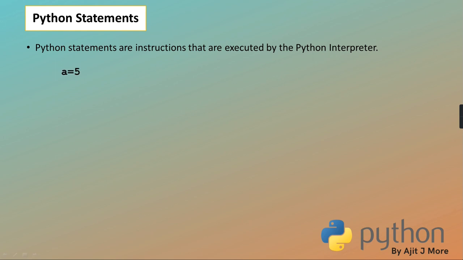Getting? Then this is a simple statement, a equal to 5. Okay. Then Python uses semicolon as a separator, not as a terminator, because in Python, who is the terminator? Enter. Exactly the same as JavaScript. In JavaScript also, there is no compulsion to put a semicolon, but if you put it, then also okay. If you don't put it, then also okay. Here the semicolon's role is totally different. It is a separator, not a statement terminator.